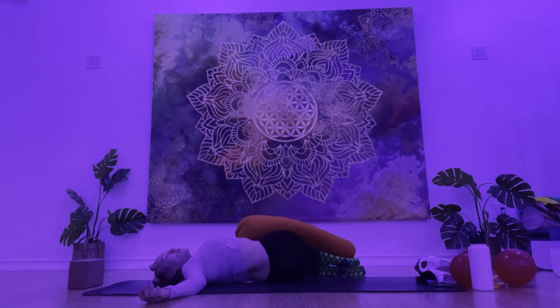Turn your head towards the back arm. Breathe down the length of the spine. Exhale, surrender. And breathe up the length of the spine. Exhale, go deeper. Inhale with the light of the breath, move from the tip of